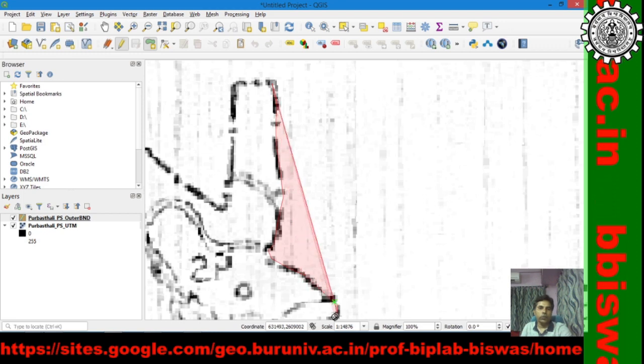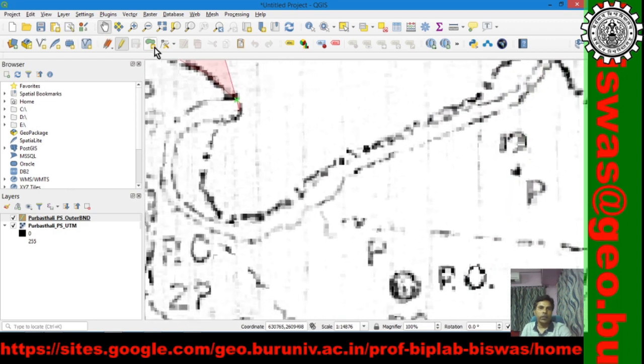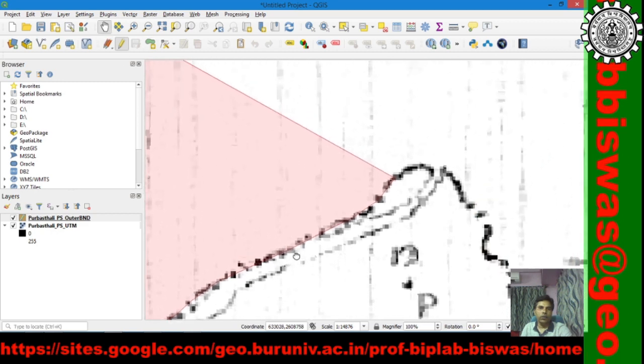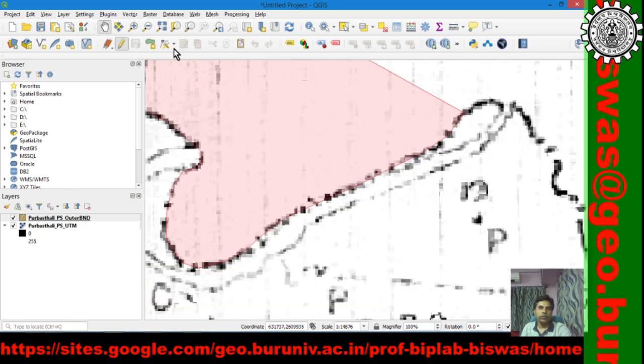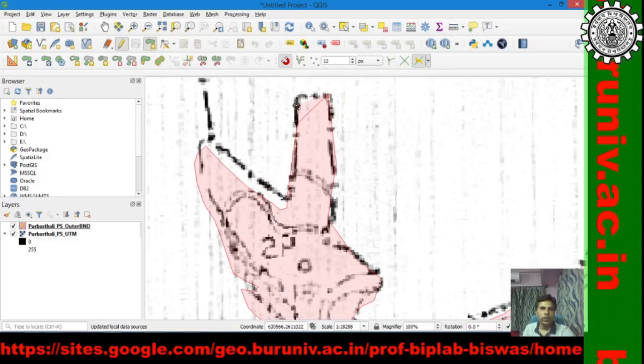When you come to the end of the screen, you can take the help of this pan button, pan it, again take this line and keep on clicking until you come back to the point of origin of this line. Let me do it, and I will come to the original point. We are almost at the end